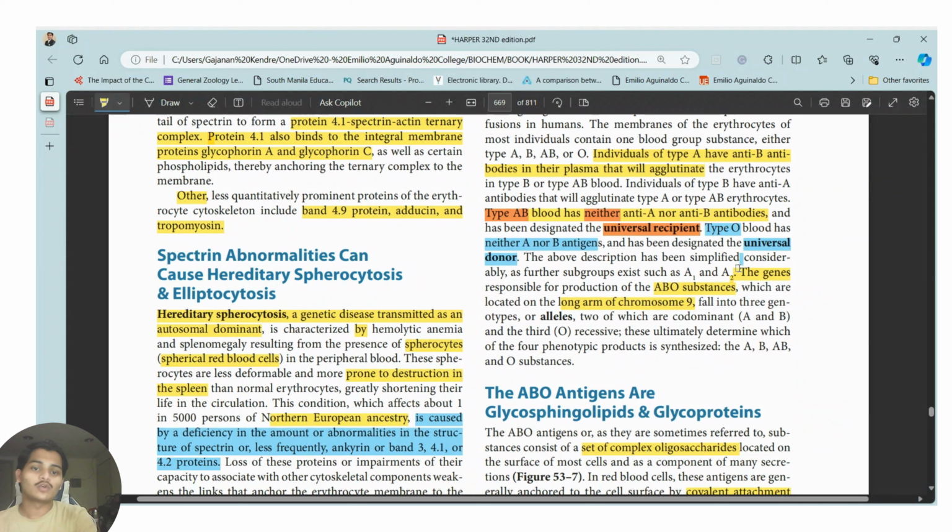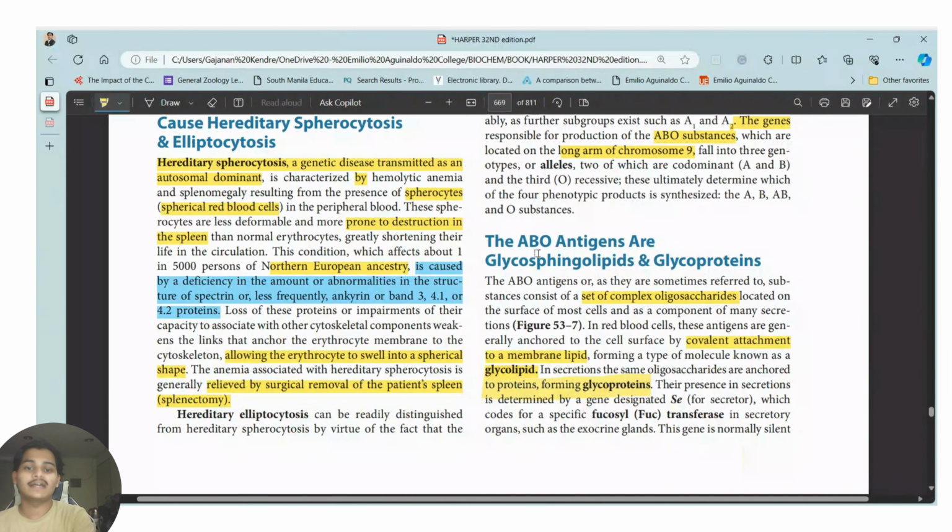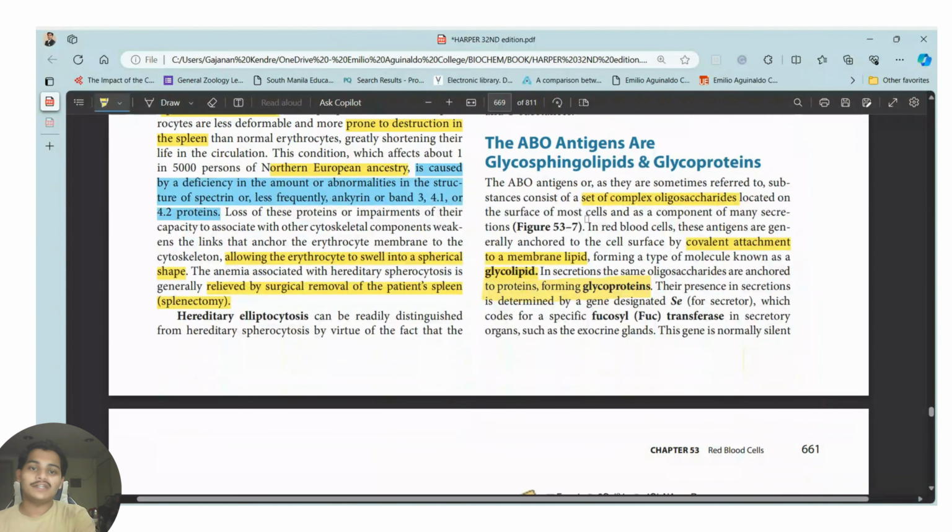Then there are further groups simplified as A1, A2, for the Mendelian and allelic things. The thing to remember here is that the chromosome responsible for the production of A, B, O, or AB groupings is chromosome 9, the long arm of chromosome 9. Then the ABO antigens are